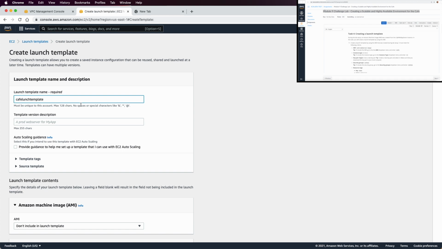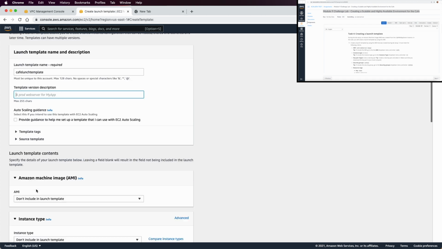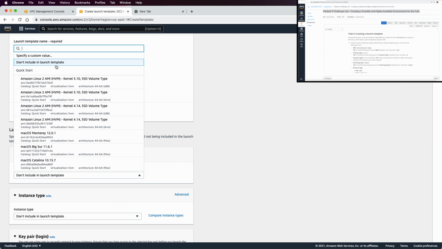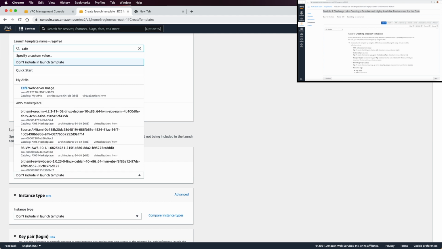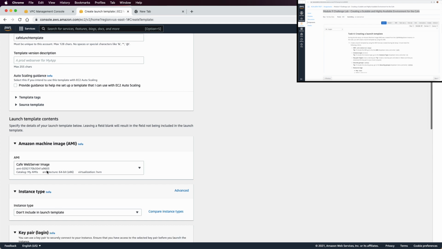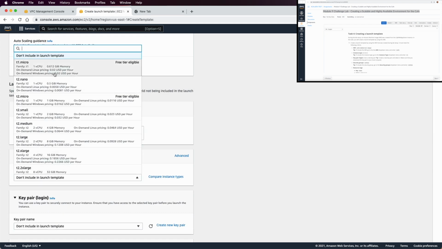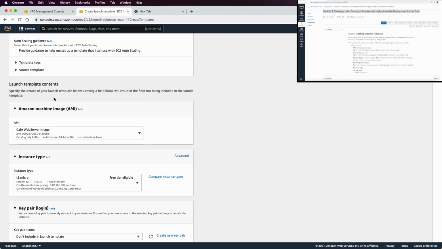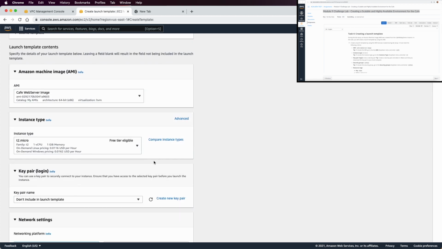So, the Cafe launch template. There is no specific name specified. Now the template should use an AMI, and we will look for the cafe, in this case, the Cafe Web Server image. The instance type is going to be T2 micro,